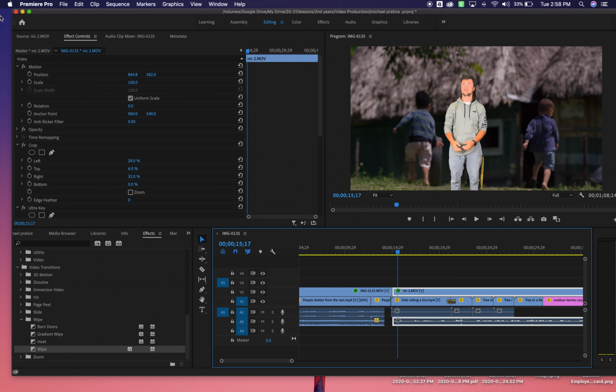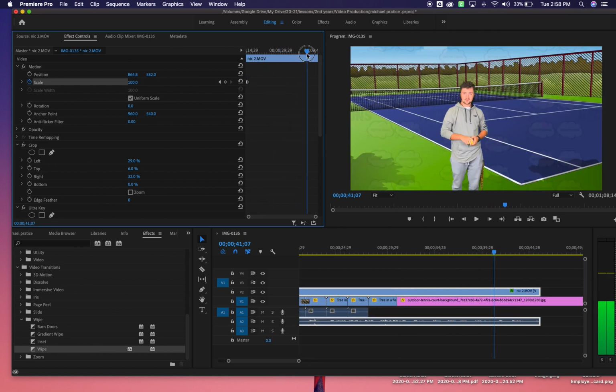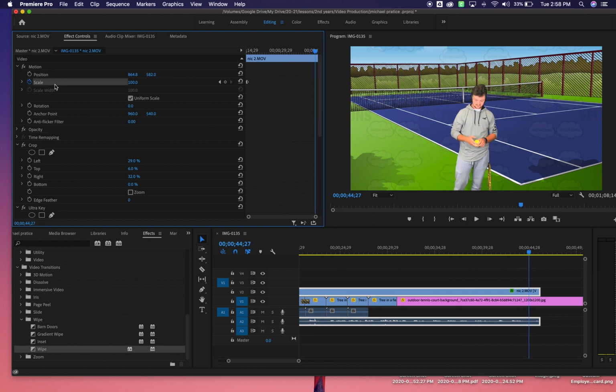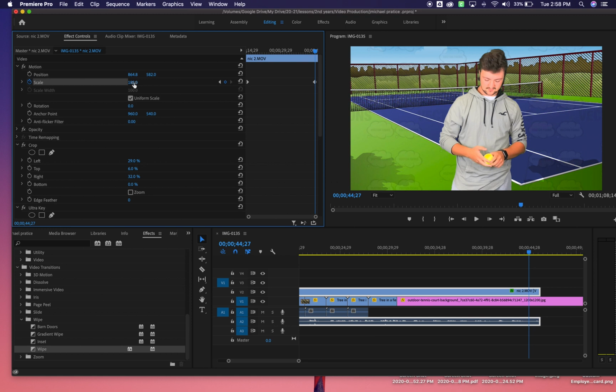If you go to the top of your effects panel, you'll see there's a video section where you do position and scale. You always want to start, this is what they call a stopwatch. You want a starting point at the beginning of where the scale should be, and then you want to move to the end where you would like the scale to end. So all you have to do is take your cursor over like so, and it will gradually zoom in. So to see it,